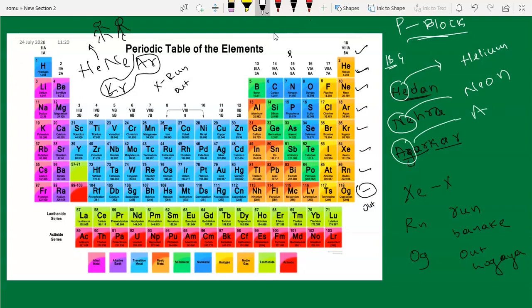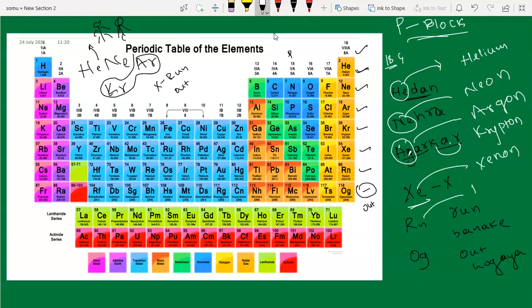Ar, argon, sorry not Ag, this one r, first letter A and r, argon, not A g, that is gold, it will come. Argon, and this K and r, krypton. Okay, from Xe, xenon, Xe run you can say xenon.